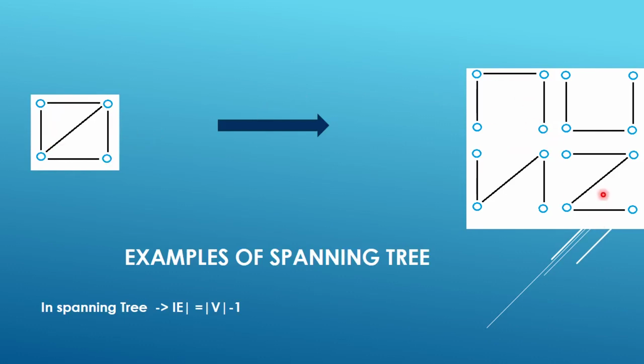So this can become one of the spanning trees. Similarly, let's see how I got this. If I start from here, I can connect to this node using this edge, and from this node I can connect to this node using this edge, and finally I can connect to this remaining node using this edge. So this is how I can get many spanning trees, and as I said you can find even more than this. And remember one thing, the number of edges in a spanning tree is always equal to the number of vertices minus 1. So here you have 4 vertices and the edges are 3. In all the spanning trees it is the same.